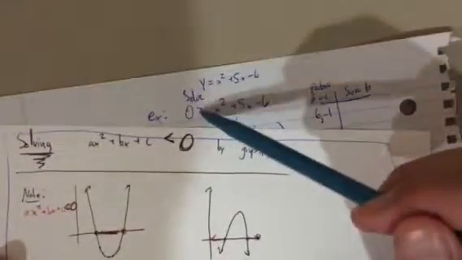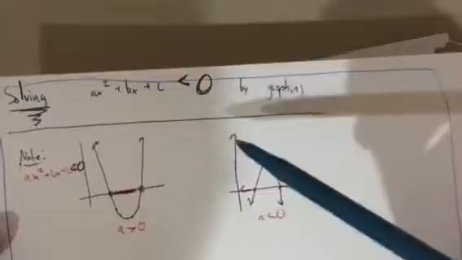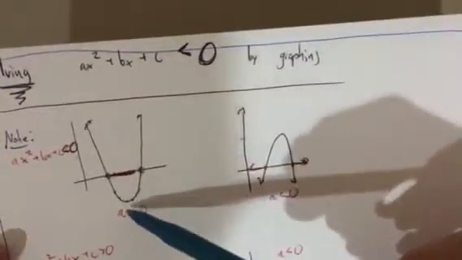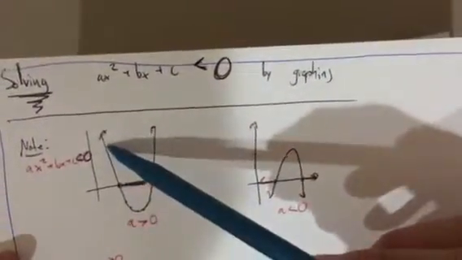So let's look at our equation. 0 is greater than. It might not look exactly like it, but again, 0 is greater than the equation. So we're going to look at these two possibilities. Because 0 is greater than the equation, over here, the equation is greater than 0. I know it's written a little bit out of order, but it's still the same. 0 is greater than the equation. So we look at these two values. Now you must ask, is the parabola opening up